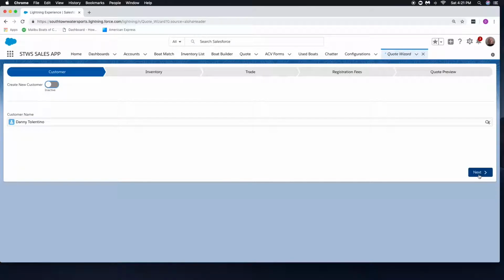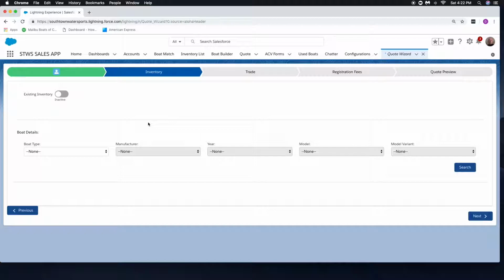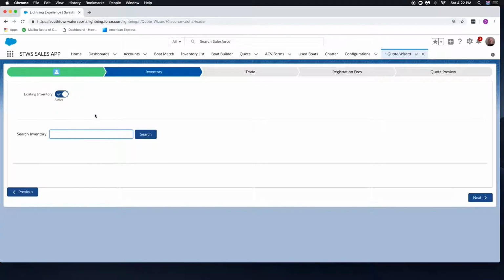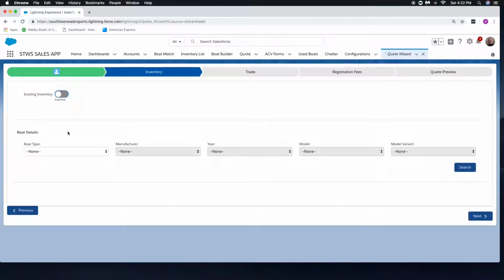and move on to the next step now that I have him selected. Alright, so on this menu, on the inventory menu, we're going to select a boat that we're going to be assigning to this customer. So just like the last menu, we can either select an existing inventory and we can search that here, or we can create a new one. So I'm just going to go ahead and create a new one to show you guys what that would look like. Just go through here